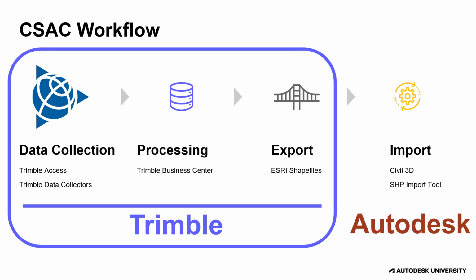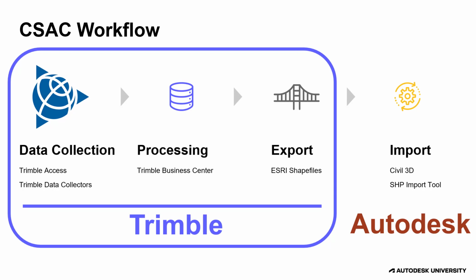So it starts with Trimble software, starting in the field, collecting data by the surveyor. So they're going to use Trimble Access or Trimble data collectors to go grab the data and then add all of the codes and categories to the data that they're collecting. It's going to be brought into Trimble Business Center and processed,